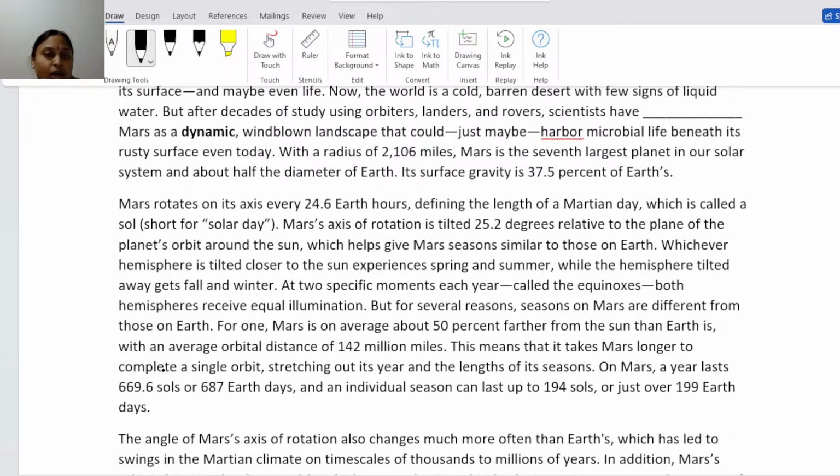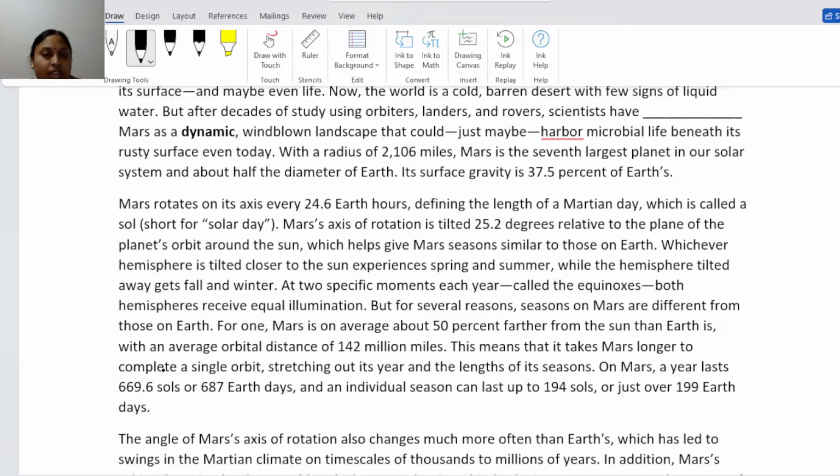Mars rotates on its axis every 24.6 Earth hours, defining the length of a Martian day, which is called a sol, short for solar day. Mars' axis of rotation is tilted 25.2 degrees relative to the plane of the planet's orbit around the Sun,